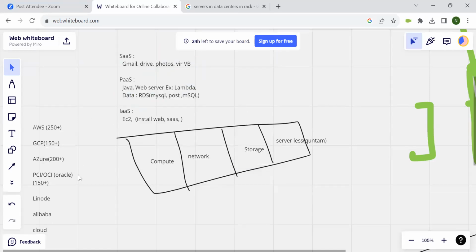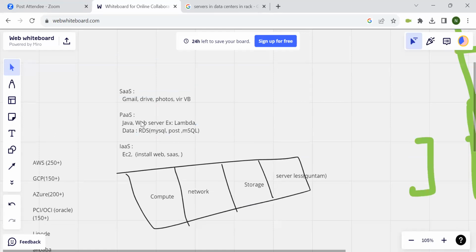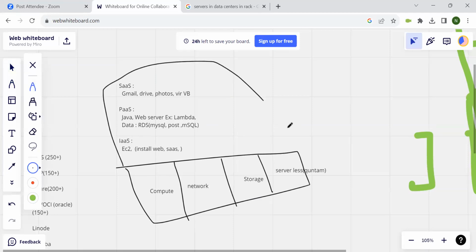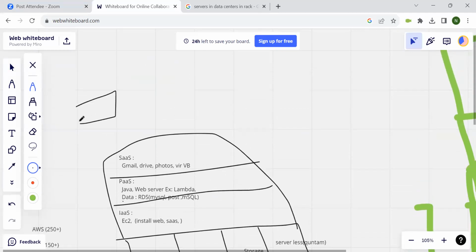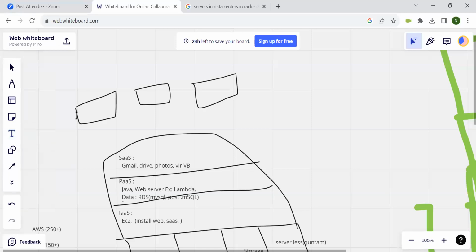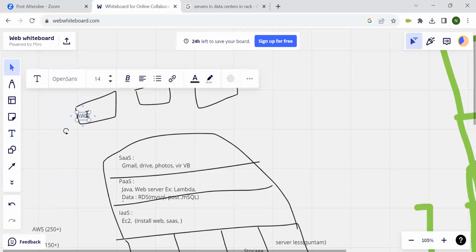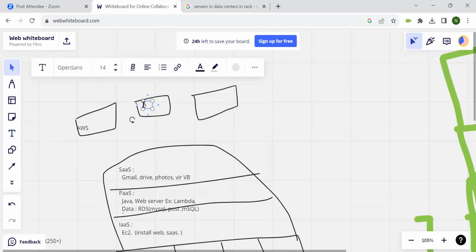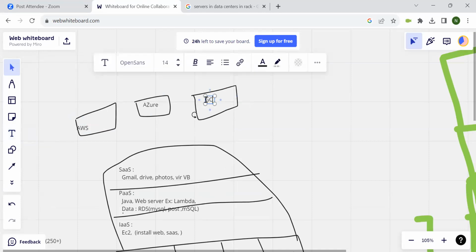Okay, and another part is the layering of all this, like infrastructure, PaaS or SaaS. And now these are the vendors, as I mentioned here: AWS, Azure, GCP, and others. So why are we learning AWS? Sir, why are we not learning Azure? Because the usage of AWS is much more popular than Azure and GCP.